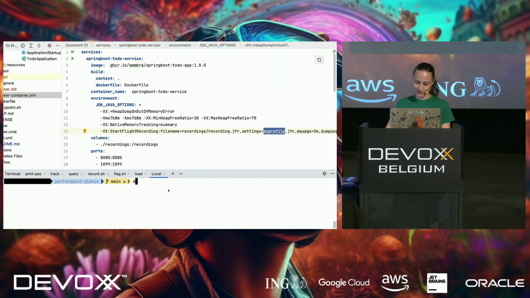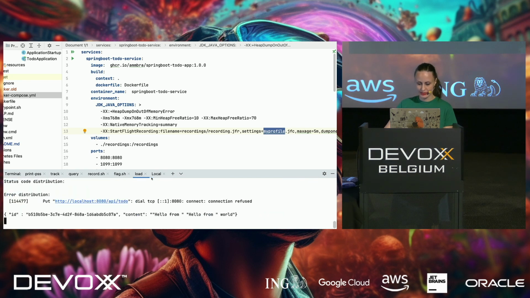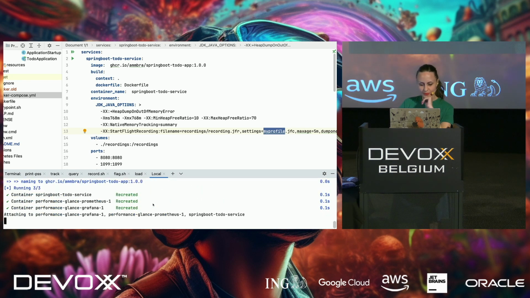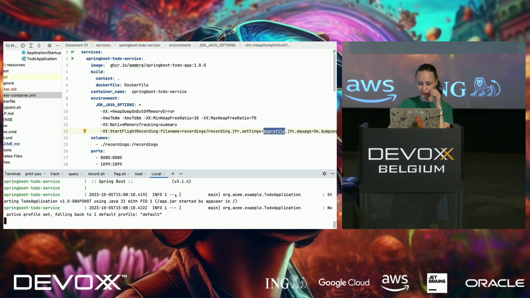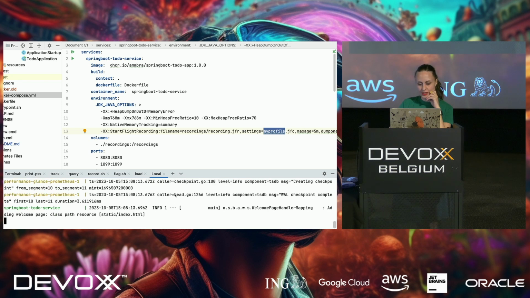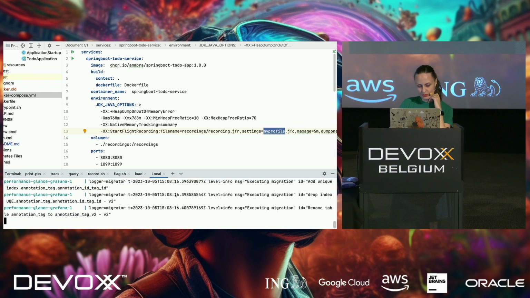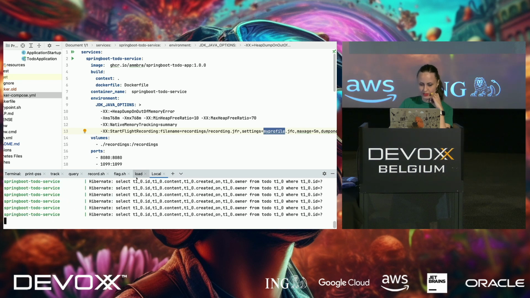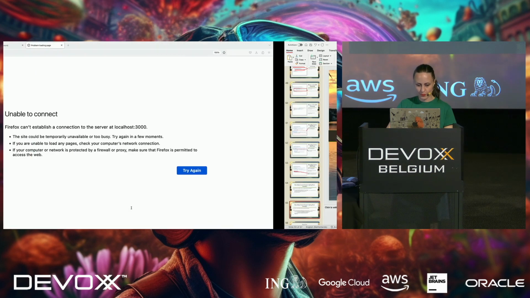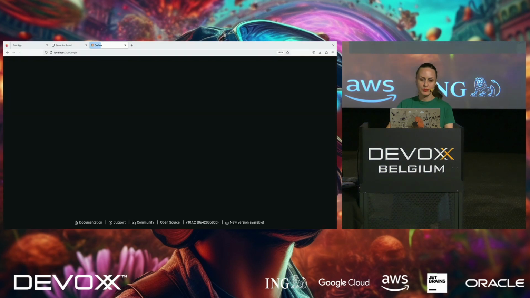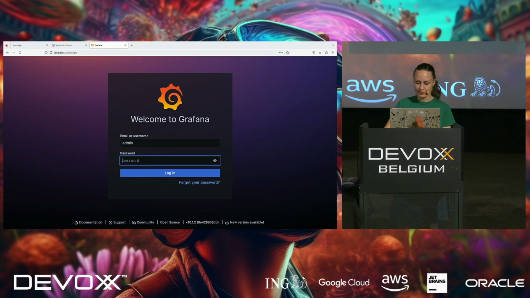Okay, so it started. Now, this is not going to do a lot of load, so I'm trying to keep it minimal. I'm going to let that thing run in the background just in case. So it starts and probably receives some information at some point. Okay, so it's doing some selects, hopefully. And yeah. So now that my app is up and running, I can connect to Grafana that I had connected all the way